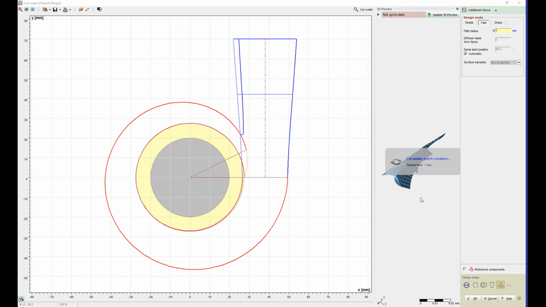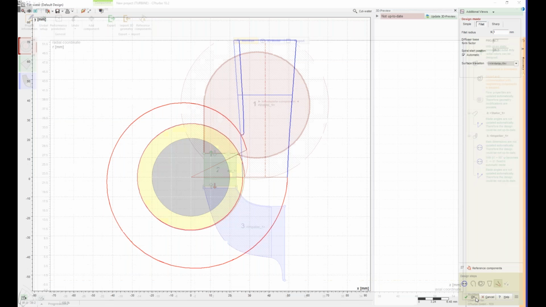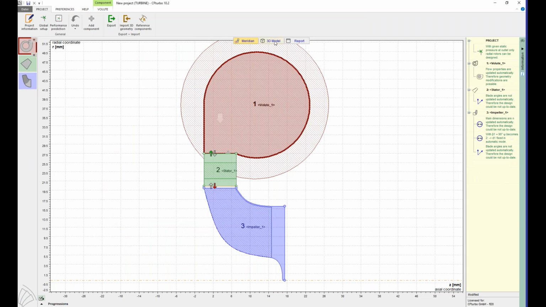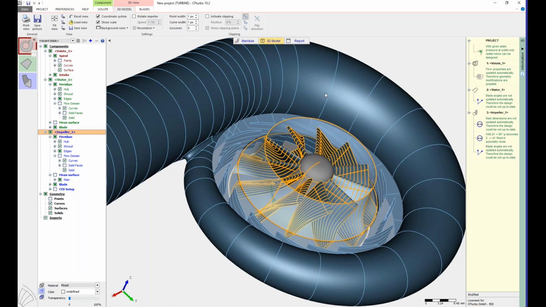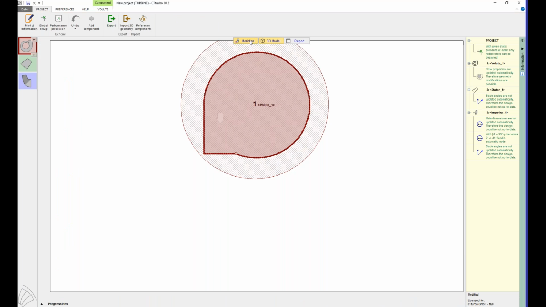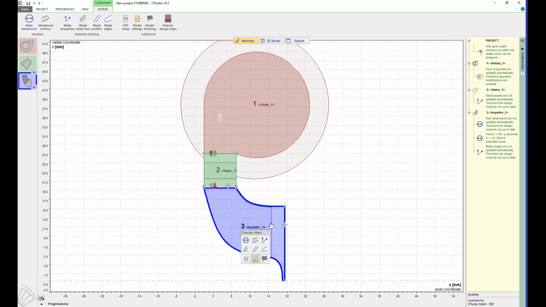I can have again a 3D preview of the cutwater, and if I press OK, the model is almost ready. Just the outlet pipe is missing, and that is very quickly added by just going to the outlet of the